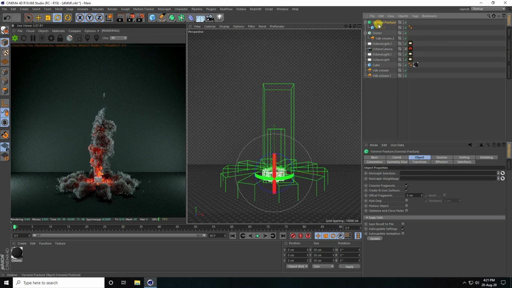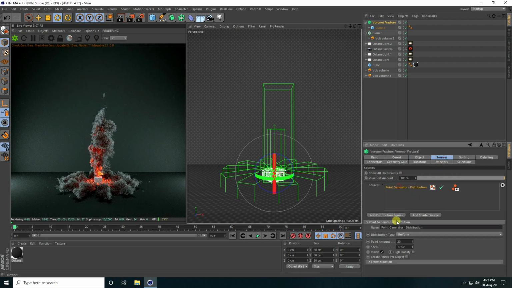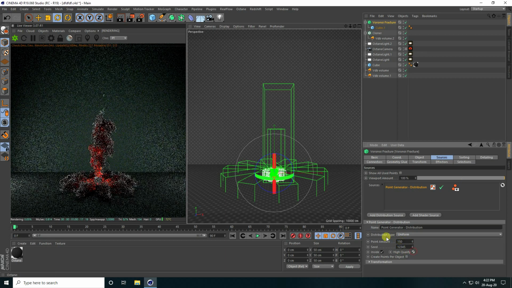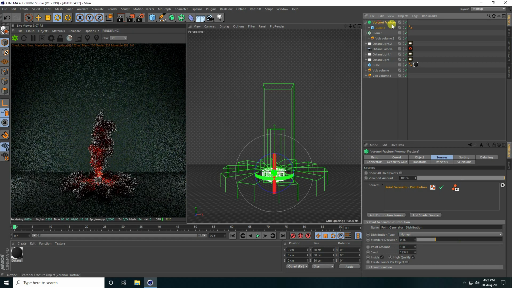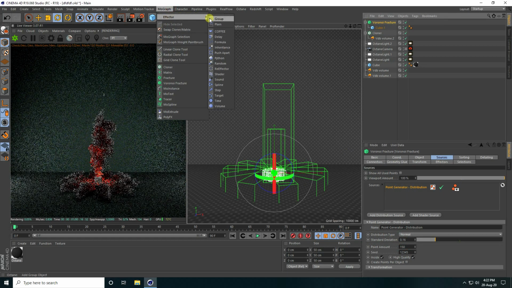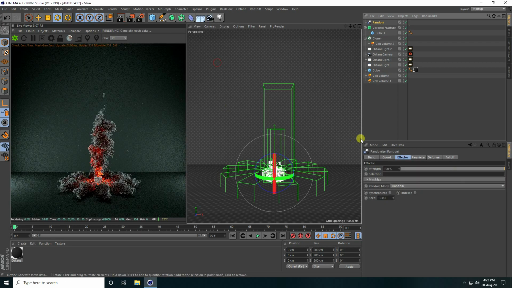So guys, select this Voronoi and uncheck colorize fragments and go to source. Guys, point generate check, and point amount I take like 100, actually 150. Yes, and high quality check, and distribution type I take normal. Yes. So guys, select this Voronoi fracture and I apply the random effector tool.